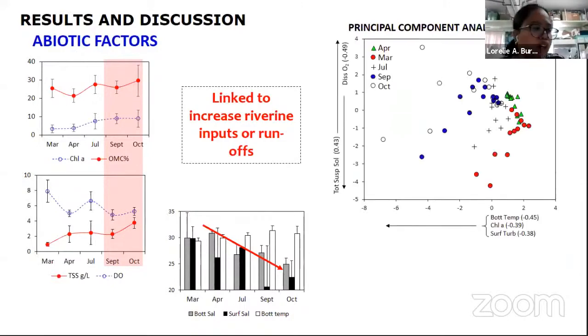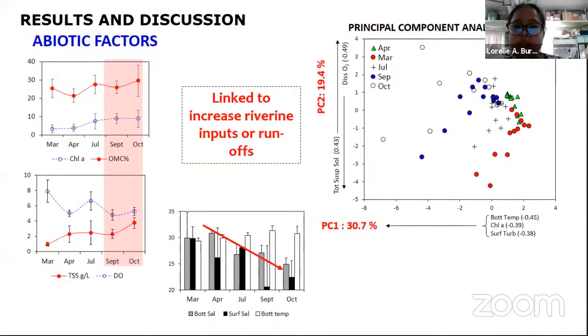Similarly, results of PCA further highlight the strong temporal influence of seasons, which explains why PC1 explains 30.77% of variation and showed negative loading for bottom temperature, chlorophyll A, and bottom and surface salinity, separating the dry and wet seasons, with increasing trend of the variables during the monsoon months.